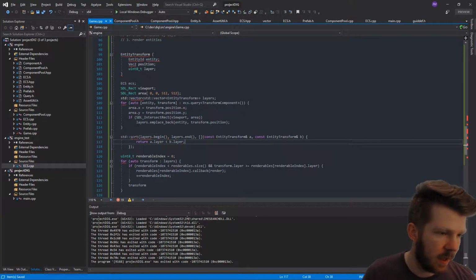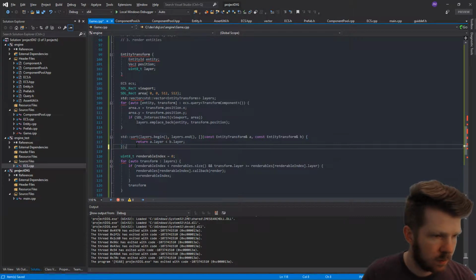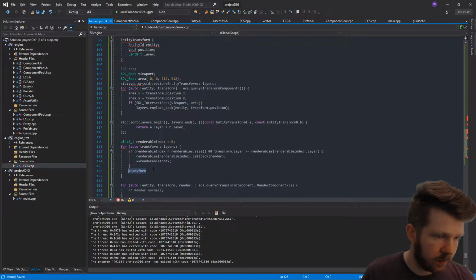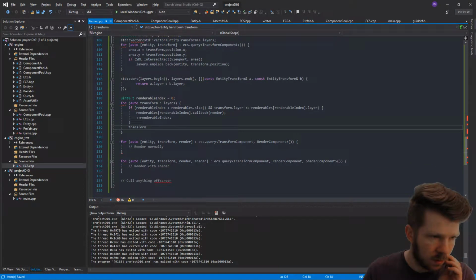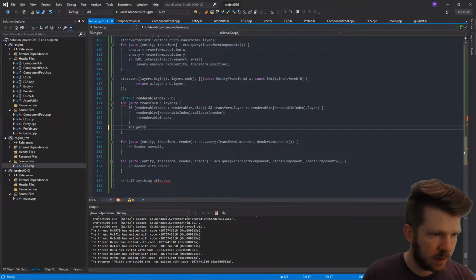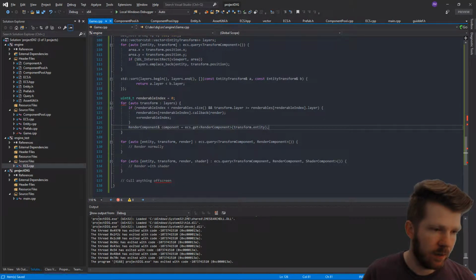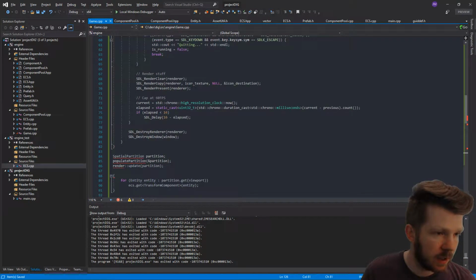Yeah. So something like that would or should work. And this would be where we actually render it. And it might make sense to then do like transform entity, ECS get render component, whatever, something like that. Passing in the transform entity, and then we could actually render it using the same stuff that we do here,